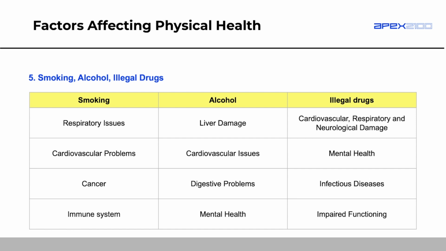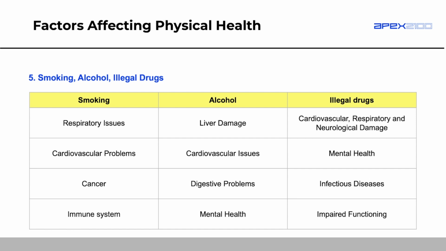Alcohol can cause liver diseases such as fatty liver or liver cirrhosis. It can cause cardiovascular issues like high blood pressure or arrhythmias, which is where you have an irregular heartbeat. It can cause digestive problems like ulcers. One of the risks of alcohol is stomach ulcers. And mental health: alcohol contributes to mental health problems like depression and anxiety. It can also impair, of course, our judgment and the functioning of our brain when we have had a few alcoholic drinks at the time.